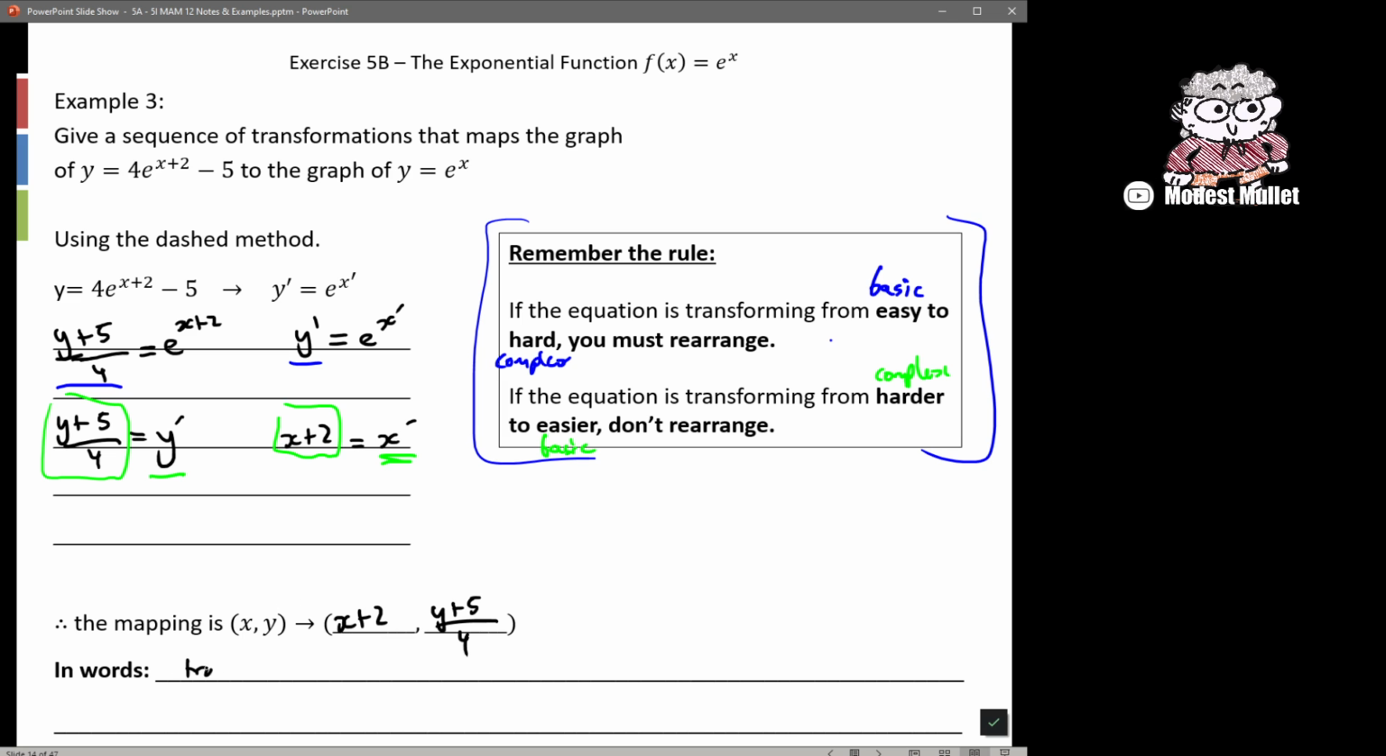So we translated 2 units, and in this case, positive x-axis direction. Straightforward, it's the x plus 2. Reading this one, if we're doing the dash method, again, we need to read in order of operation. So technically, this is the y plus 5 first, then all of that divided by 4. So we also translate 5 units in the positive